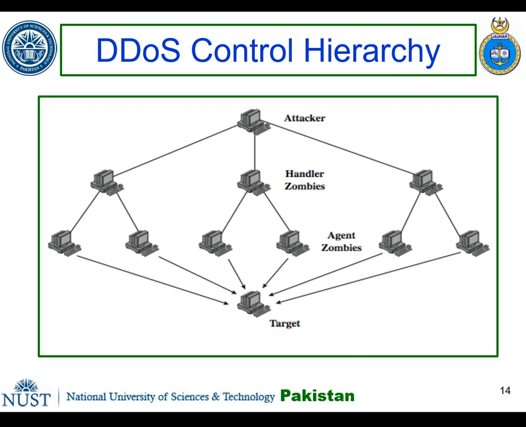Once the agent software is uploaded to a newly compromised system, it can contact one or more handlers to automatically notify them of its availability. By this means, the attacker can automatically grow suitable botnets. TFN and TFN2K use a version of this two-layer command hierarchy.